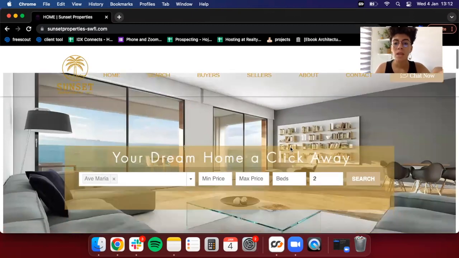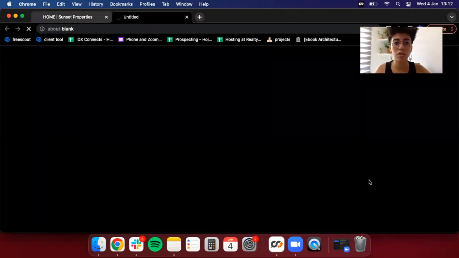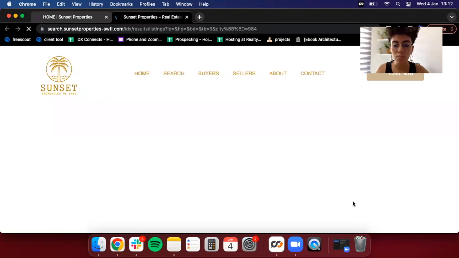So the IDX Connect includes this Omni search bar. This is our Omni search bar, Realty Candy. Here you can choose, for example, if you have rent and buy, there are options for those buttons as well. But let's take a look. So let's do a random search. Just this one. I'm gonna click on search, and it'll take me to